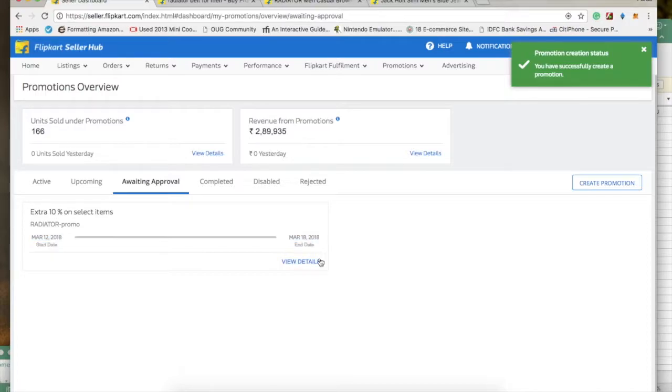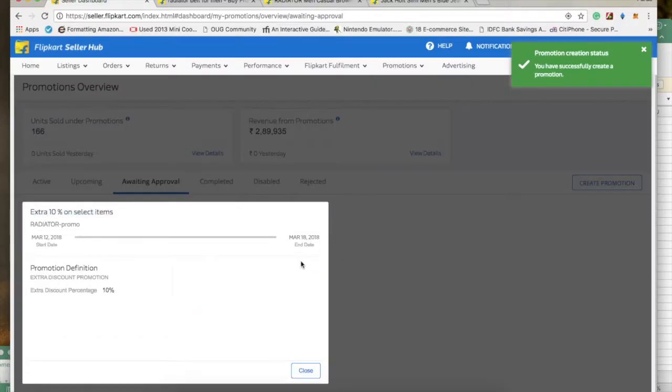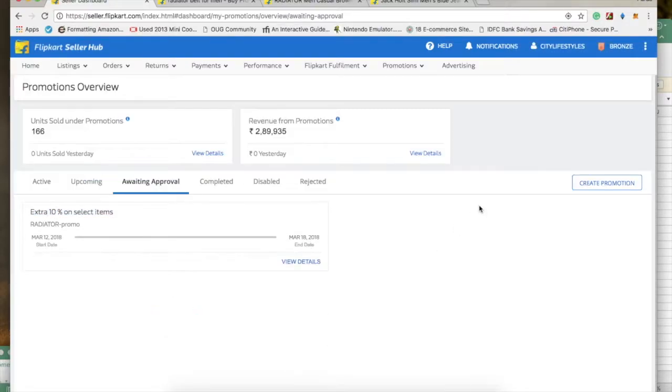So this is a discount from my side. It will not help your product rank higher, but when anyone searches for your product, he or she will see the extra discount you are giving, in addition to other discounts that are already running on your products. You can always check the details here. So this is all about